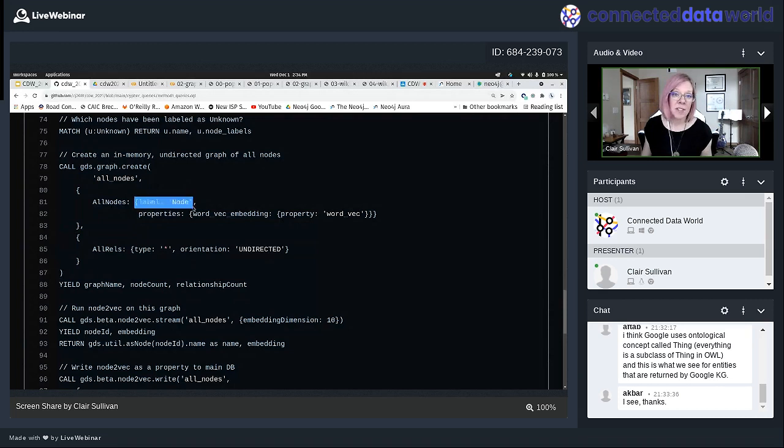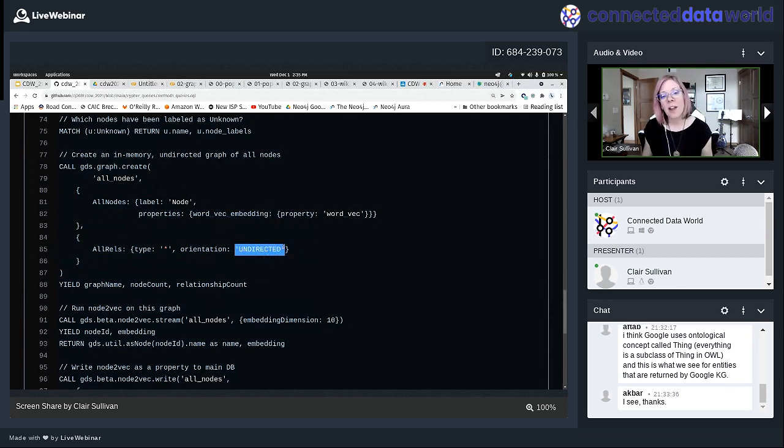And then I have this dictionary that specifies what my label is. So in this case, remember, every single node in my graph had a label of node as well as other things. So I'm specifying I want every single node in the graph. In practice, this is not a good idea to do. Just for the sake of demonstration, I'm doing it today. And I'm also going to put some properties into that in-memory graph, specifically my word vectors. Okay. My next dictionary here is my relationships. Okay, and I'm specifying all relationships, also not a great idea, but that's what we're going to do here.